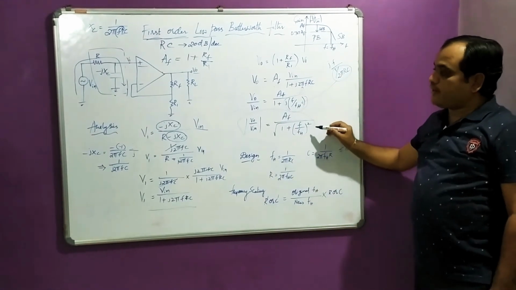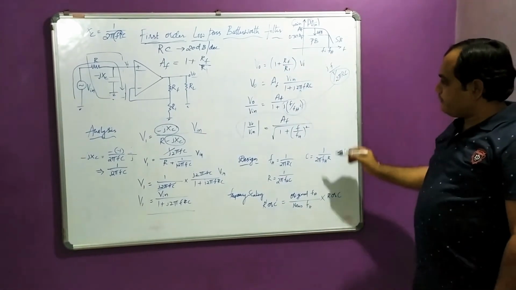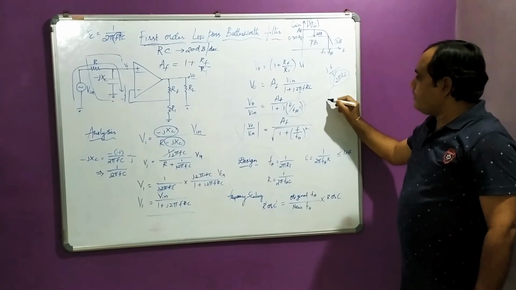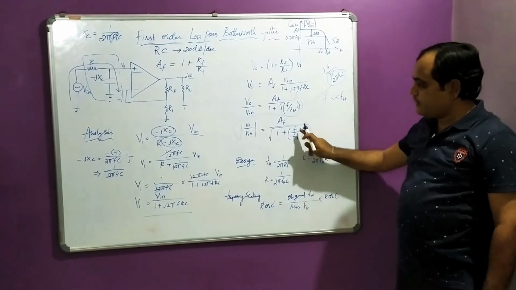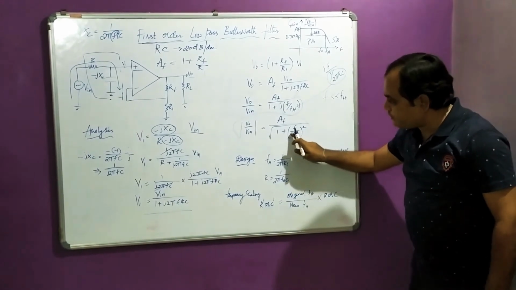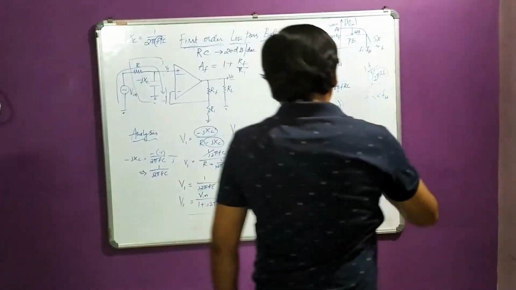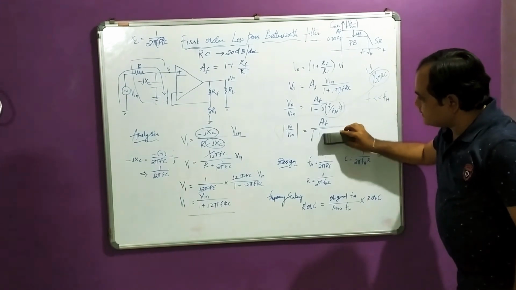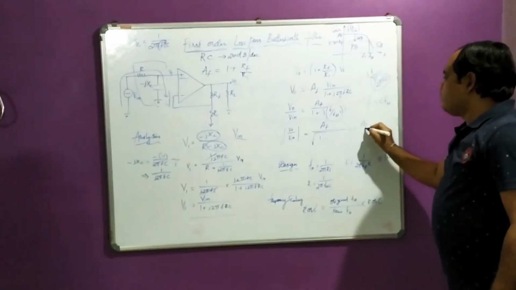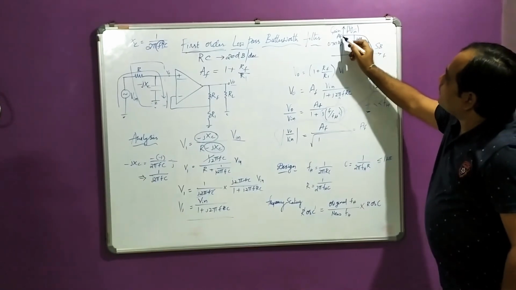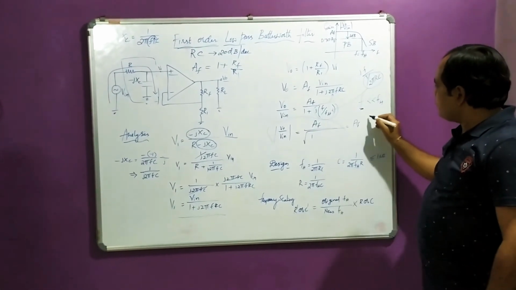Now I need to analyze and prove that the designed circuit is a low pass filter. How to identify that is with three cases. In the first case, f is very small than fh. Then f by fh is a very small quantity, so I need to neglect this term. So it becomes AF by root 1, nothing but AF. That means when a low frequency signal is there, my graph is constant, which is equal to AF. Now this is the first case.